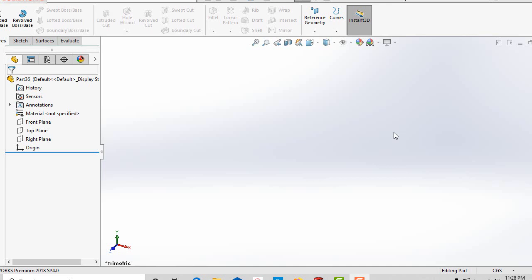In this tutorial, I am going to explain two feature module commands. One is revolve boss base and another is revolve cut. So for that,